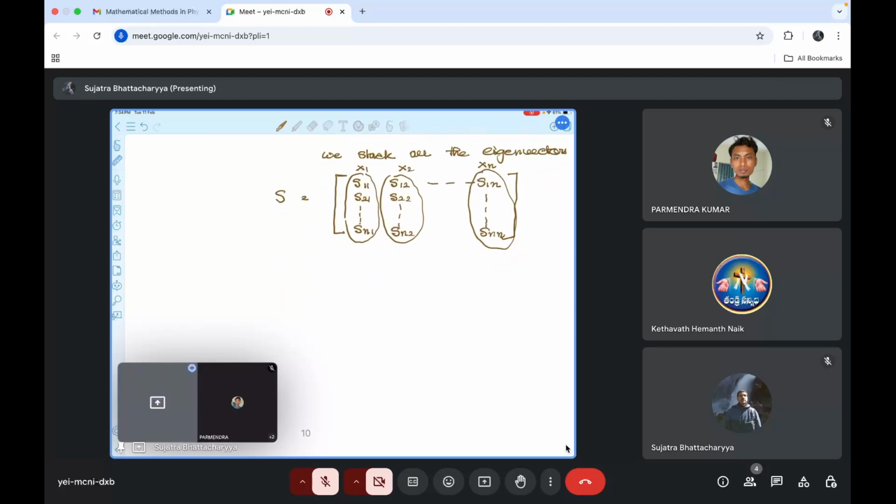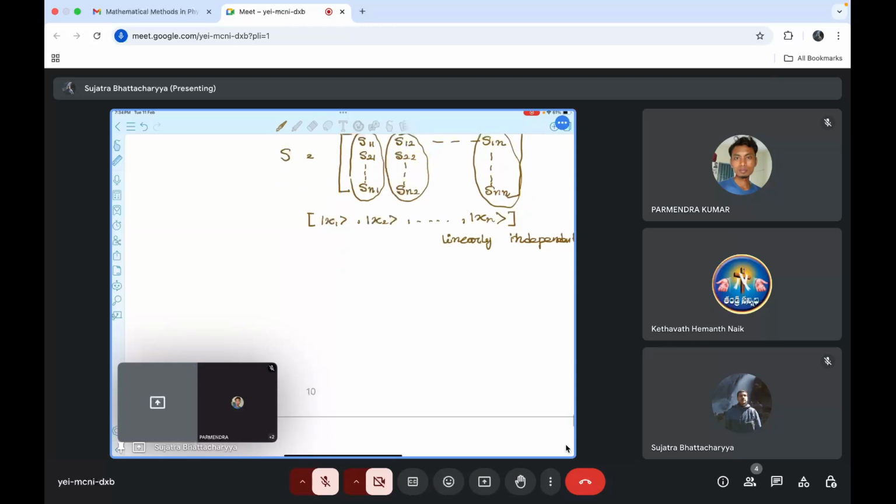Okay. Because you will see that here I have a question that is easy to visualize. Fine. So already mentioned that your x1, x2, so on up to xn, these are linearly independent. This is already we mentioned. Only thing is that we have stacked them now into a matrix. Okay. Now, what we will do is that this becomes now our transformation to finally come to a diagonalized